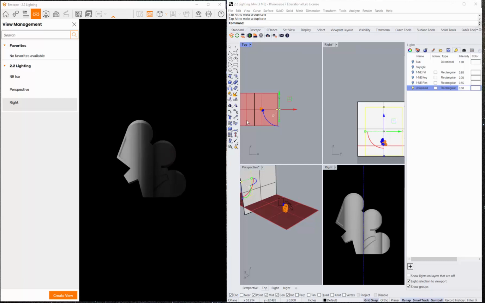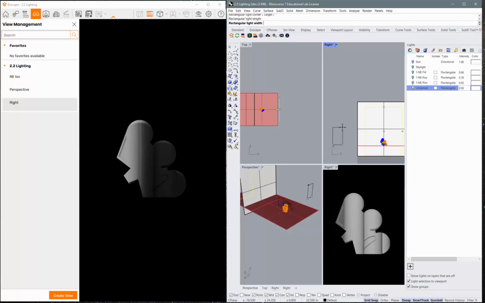So I'll put that one in there, and then let's go ahead and put one more in. So I'll go to rectangular light. I'll left click here, hold down the shift key, left click, and sort of put a smaller one in that I can manipulate a little differently. And so here's this one, right? And it's facing this way. So if I move it out,